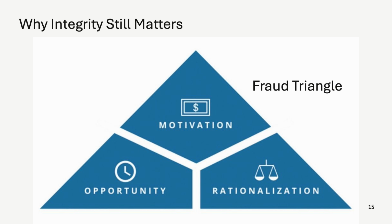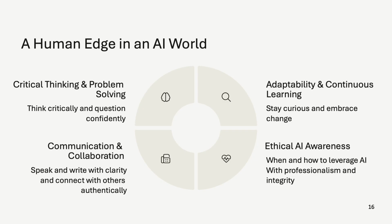But fraud is still fraud. It doesn't matter if it occurs during an examination, in a ledger, on a resume, or with the chatbot. Misrepresentation remains misrepresentation. Critical thinking and problem solving, adaptability and continuous learning, communication and collaboration, and ethical AI awareness are